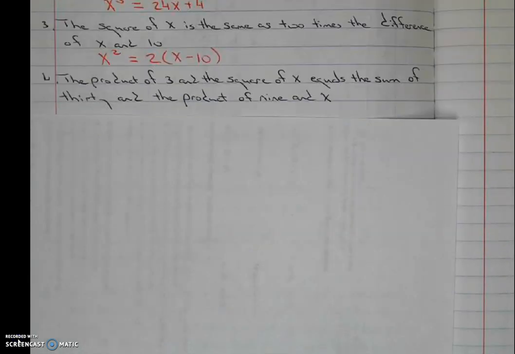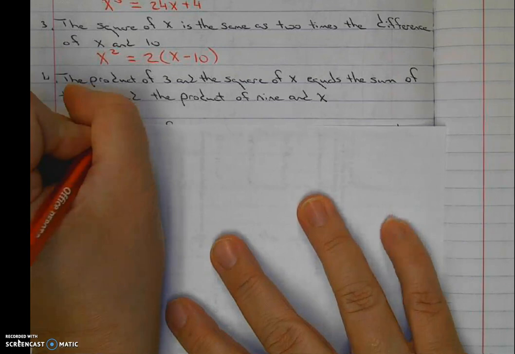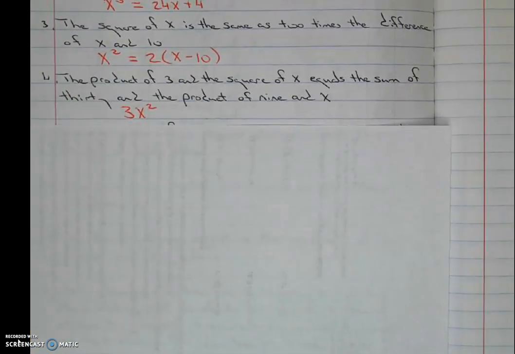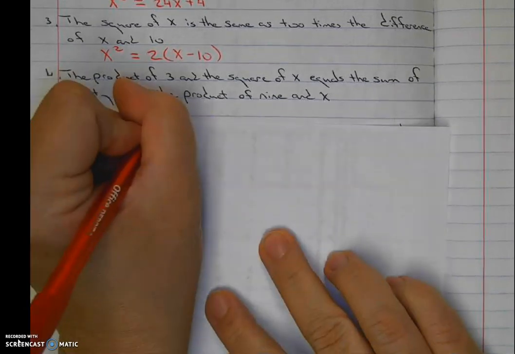Okay, for number 4, we have the product of 3 and the square of x equals the sum of 30 and the product of 9 and x. So if we consider the first part, the product of 3 and the square of x, what we get when we multiply 3 with the square of x. So we will write a 3 and we'll write the x squared equals, well, that's pretty straightforward, equals